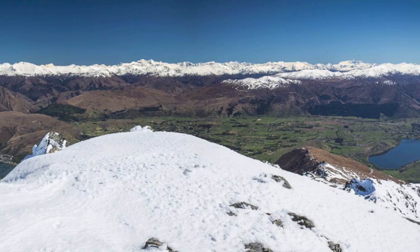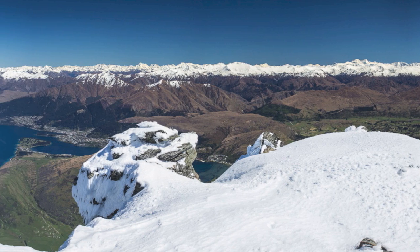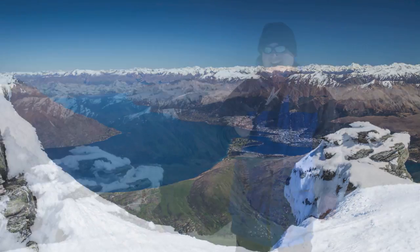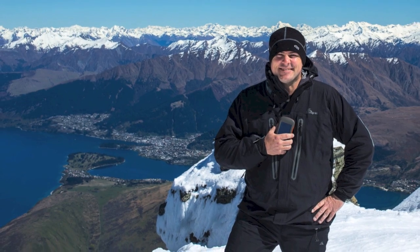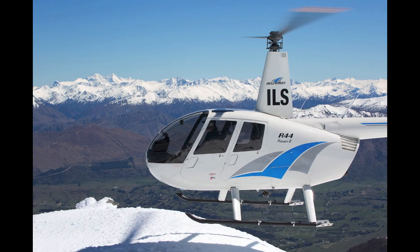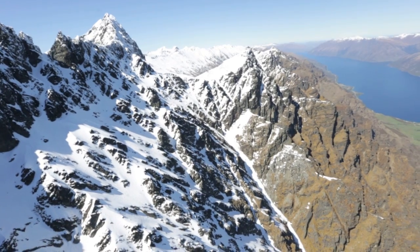So we weren't actually able to sign the logbook, but we contacted the cache owner, and it provided enough evidence that we'd actually got up there that he was happy for us to log the cache as a find. So that was awesome. So that was a fairly spectacular and stunning cache. We really enjoyed that one, and it was just a perfect day to do it, even though we couldn't actually log it. Then we called our helicopter back, and Dave came back and picked us up, and we headed off